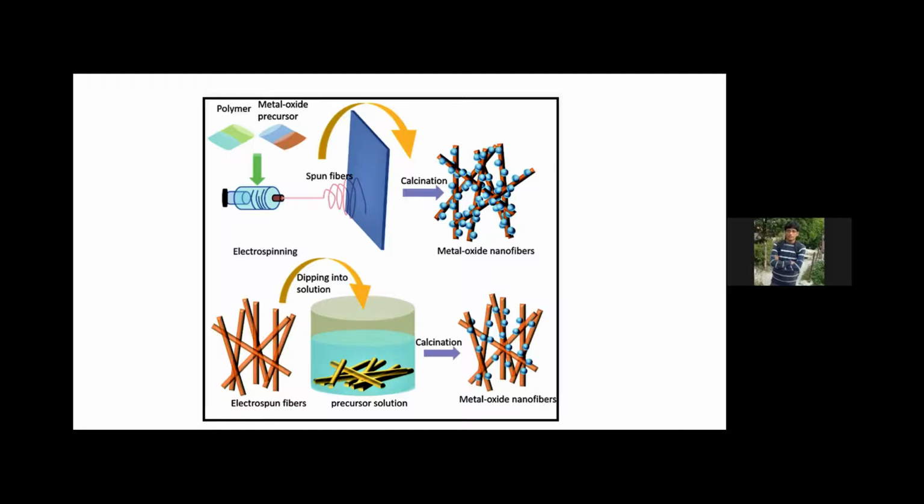As in this case, for deposition we just use a polymer and any kind of metal oxide, mix it together, put it in the syringe and apply a high voltage. So we can get the metal oxide nanofiber, where the polymers make the nanofibers, and inside or outside the metal oxides are deposited. It depends on whether the metal oxide also makes the nanofibers. It depends on what kind of metal oxide we are using.